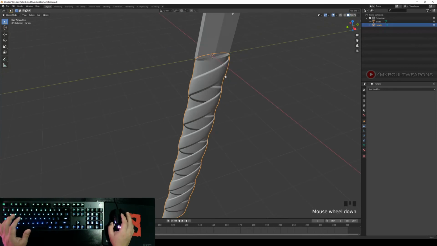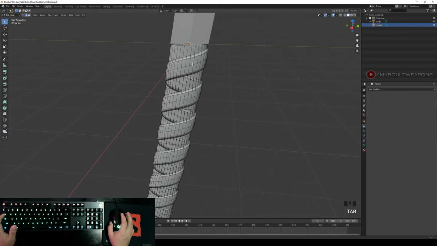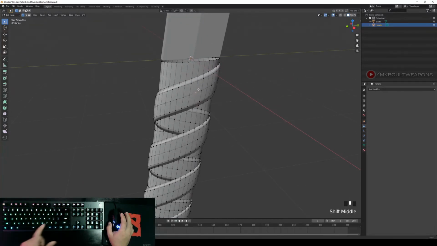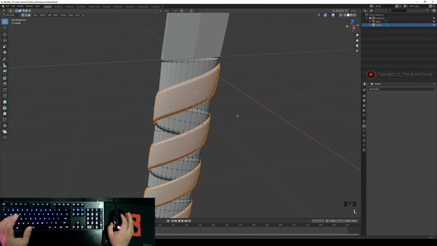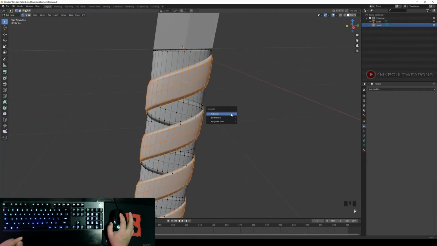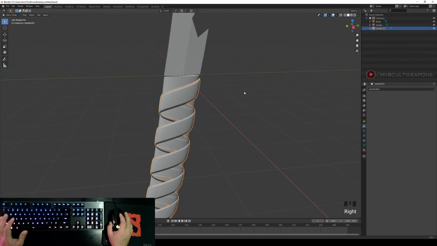Now select the handle, press Tab, go to vertex selection, choose a single vertex in these wrappings, press L to select just these wrappings over there, press P, press selection to separate that wrappings here. So we're going to rename this again, wrappings